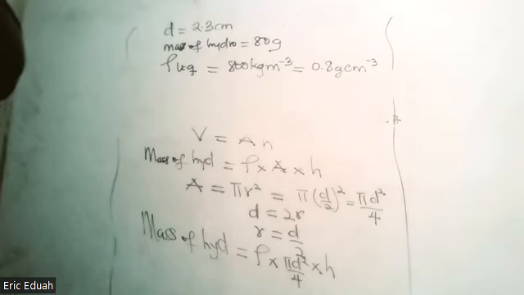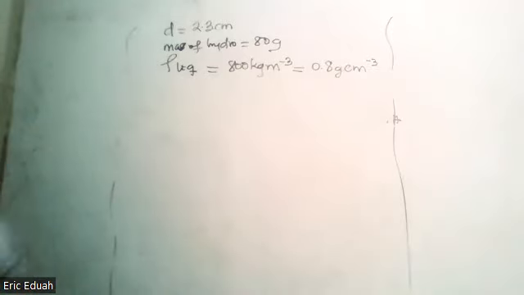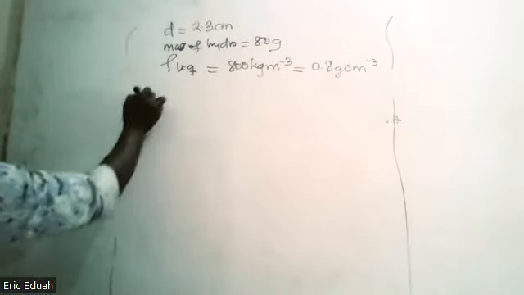So we have to calculate the height to which it sinks. The height to which it sinks. Once we are told that the hydrometer floats, then mass